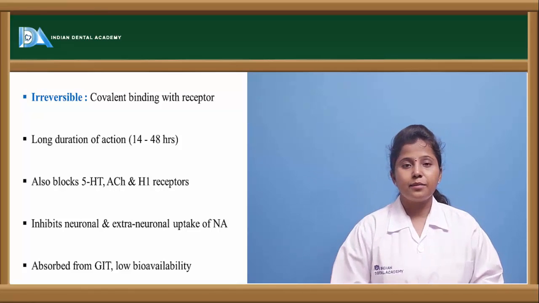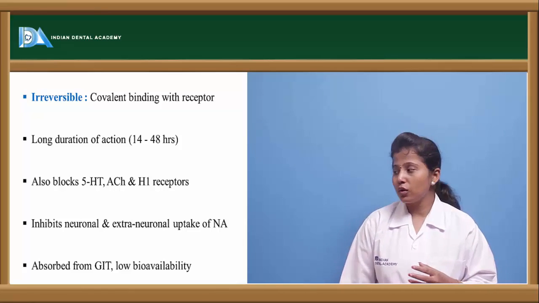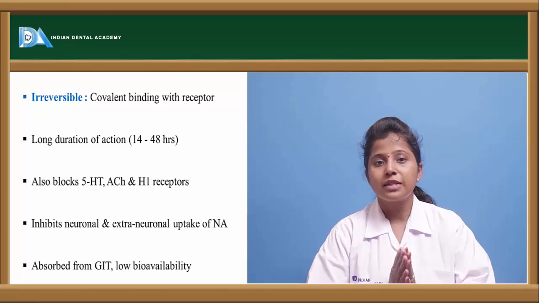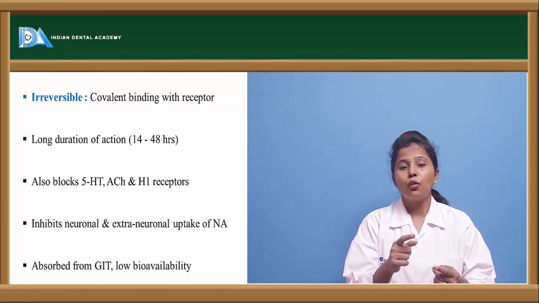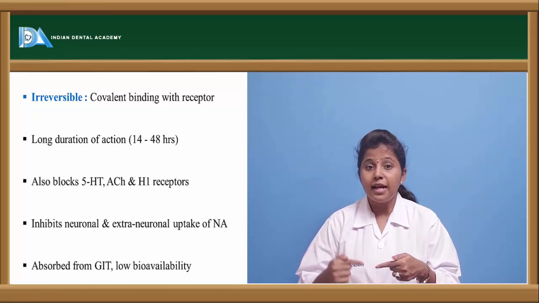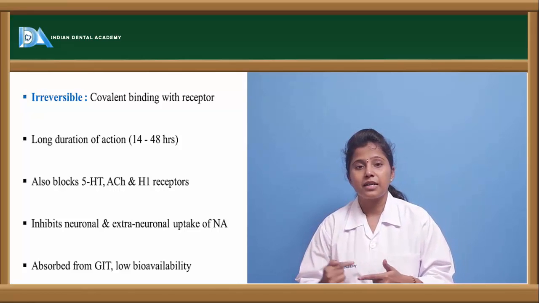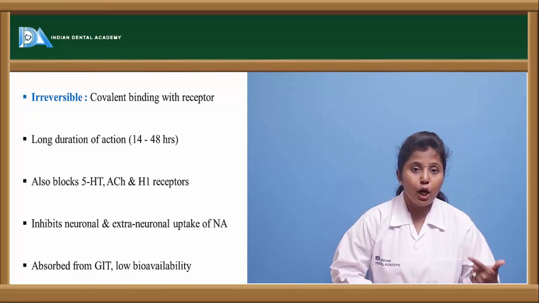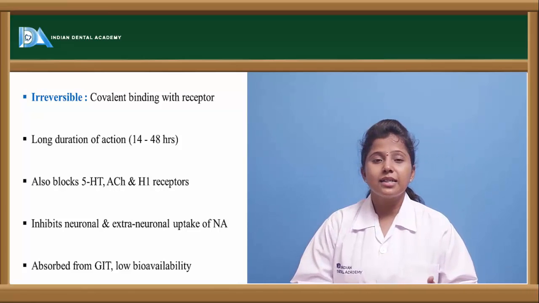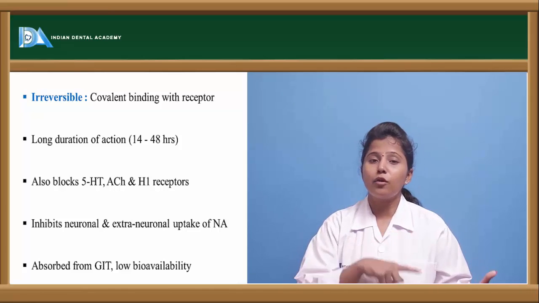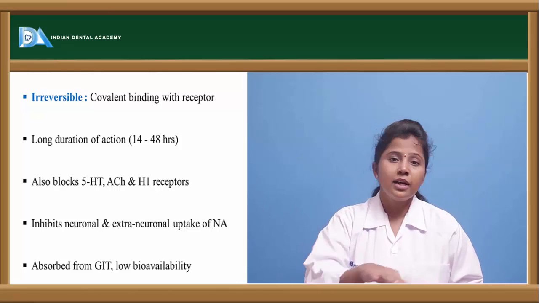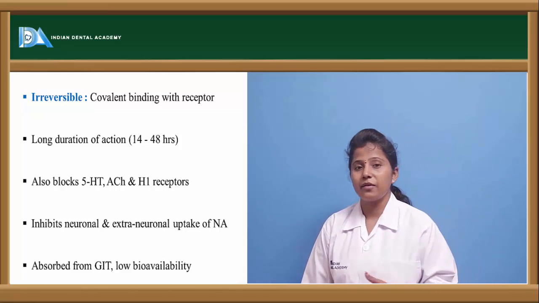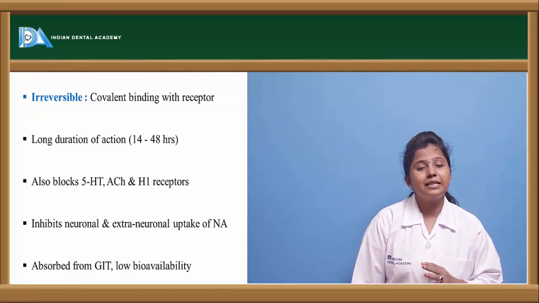Because of the blockade of these alpha receptors, it inhibits the neuronal as well as extraneuronal uptake of noradrenaline. We discussed in the adrenergic system that once the synthesis of noradrenaline takes place, then after metabolism and after binding to the receptors, it shows an uptake mechanism. Because of this uptake mechanism, noradrenaline is released again. Because of the alpha blockade, there is inhibition of this uptake of noradrenaline. If noradrenaline uptake is inhibited, then there will be no release of noradrenaline again. So this is one of the mechanisms of alpha-1 receptor blockade by Phenoxybenzamine, and it is absorbed